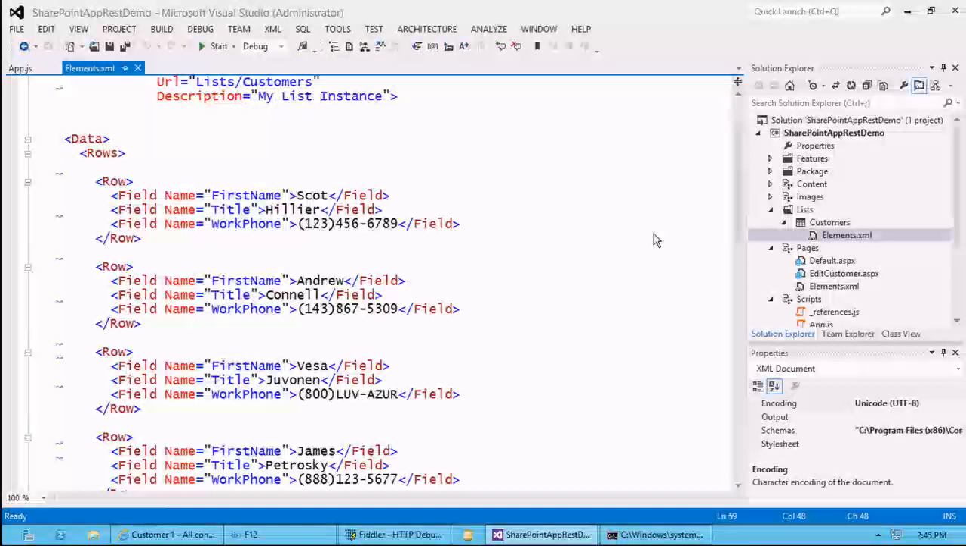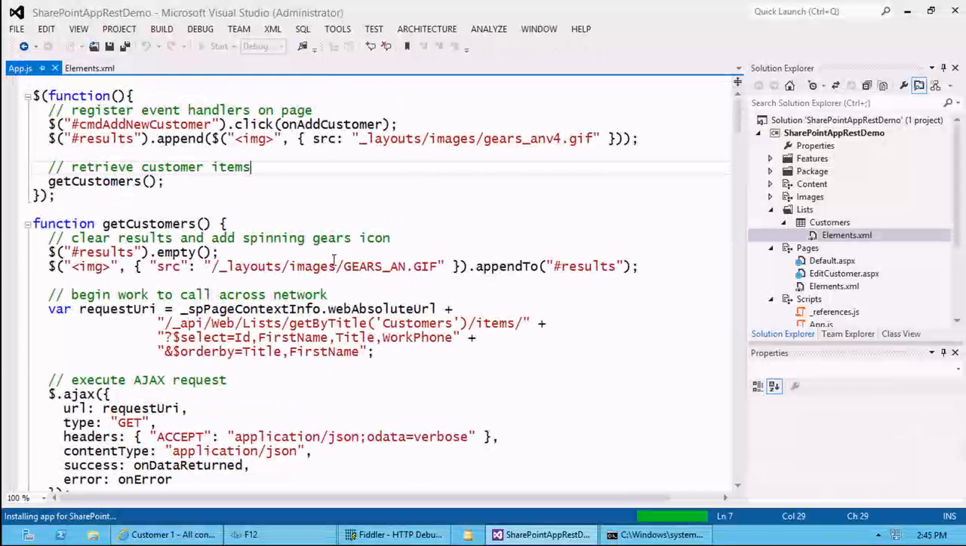I'll go ahead and hit F5 right here. And the first thing that we want to take a look at is this code that's inside. So this comes up, gives me this